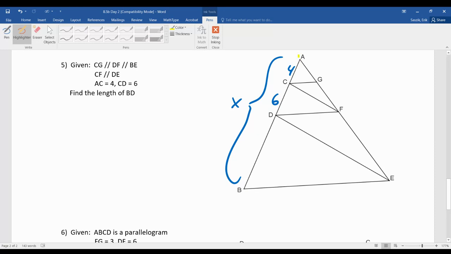And what you realize is that this triangle here is going to be similar to this triangle here. Okay. So with the yellow triangles, the yellow similar triangles, you can say that